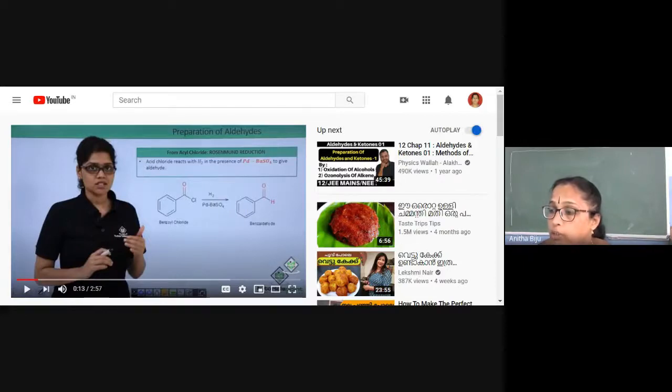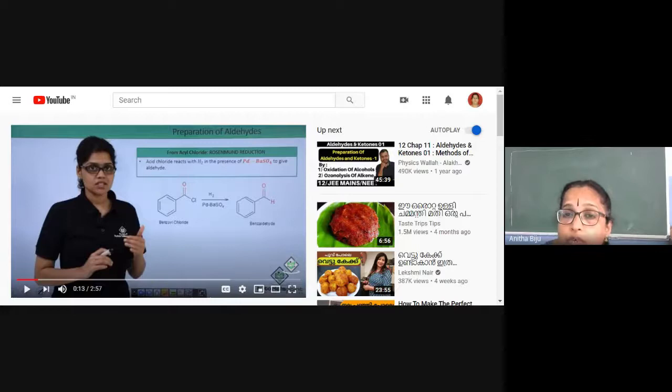This is only a method of preparation of aldehyde. It is not a combined method. We have discussed the method of preparation of aldehydes and ketones together from a common source, that is alcohol. But in this case, we are not discussing preparation of ketone. This one is specifically for aldehyde. So this is a part of method of preparation. The significance is that this is a name reaction, Rosenmund reduction, very, very important.